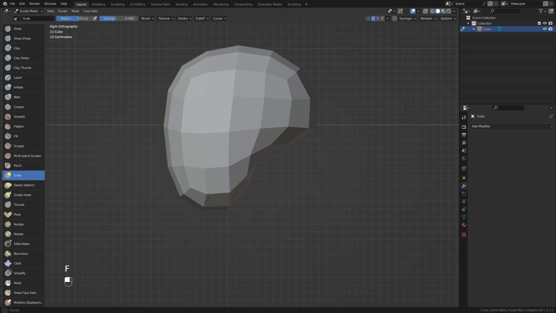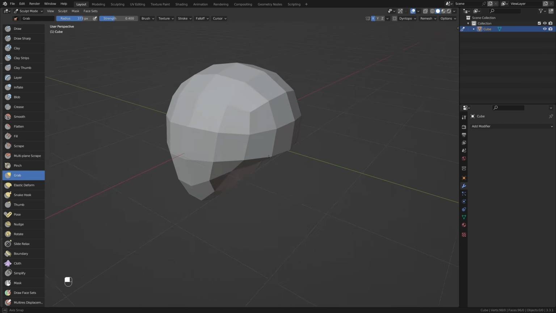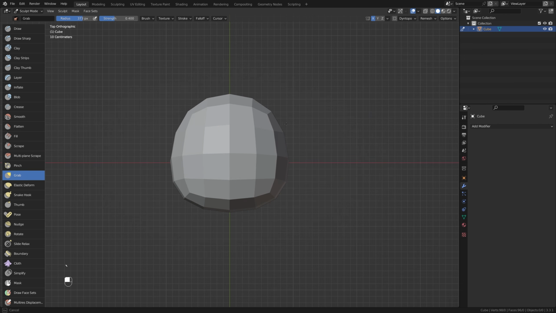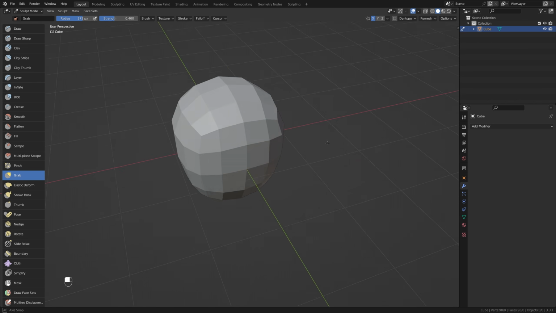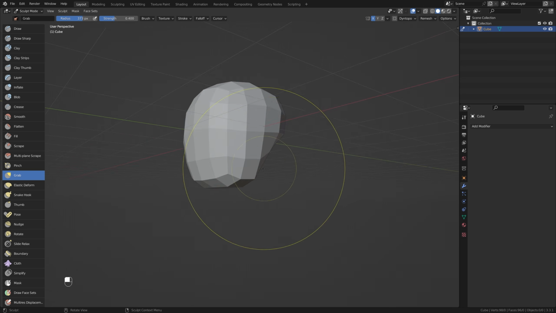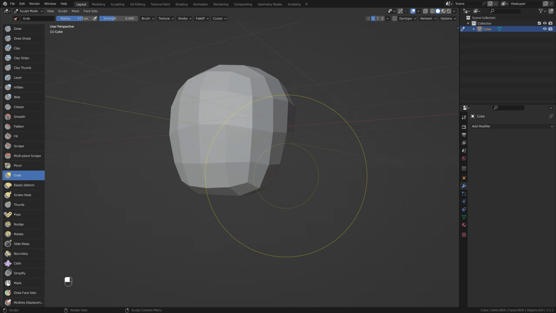Just adjusting my cursor with F as I go along until I get the sort of shape I like. And just like I said earlier, make sure you are rotating and checking this from all different angles. And now in top view, maybe something like that. I do want to bring the jaw out and make it a little bit more defined,